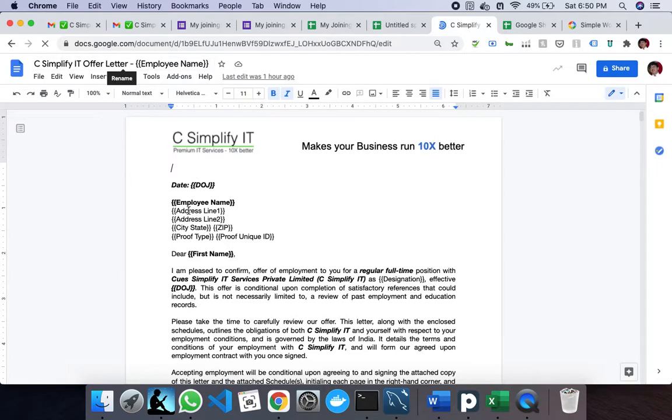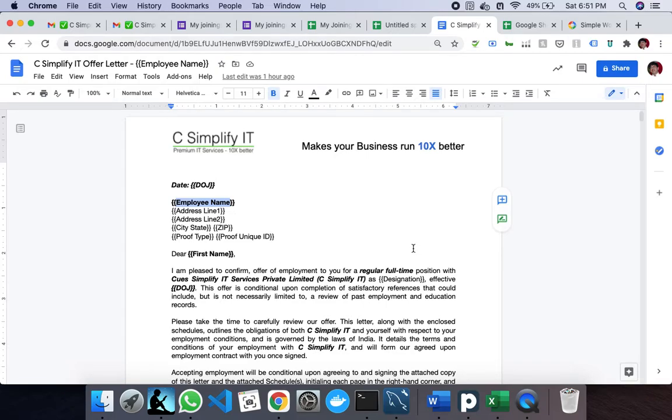Whatever the field name is in your form, that will be dynamically replaced here. You can do it for emails, you can do it for Google Docs, and that is why it initially asks you for permissions to change it and to generate it for you. So that's how this workflow works. I hope you have got this idea.